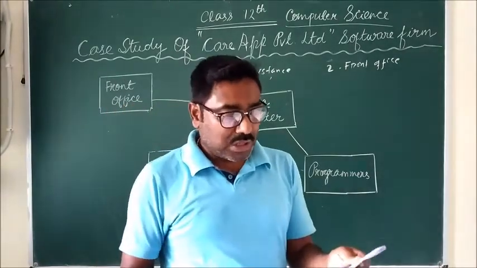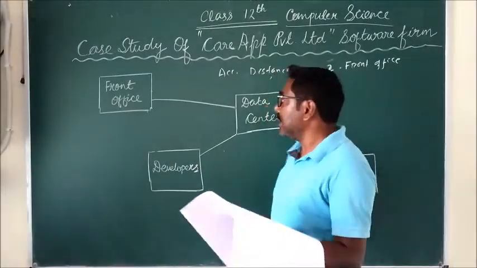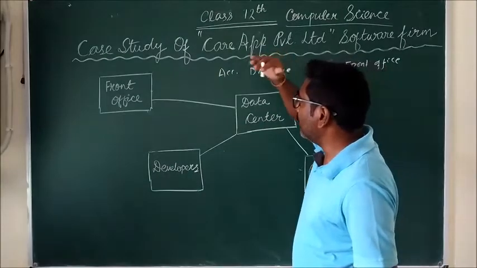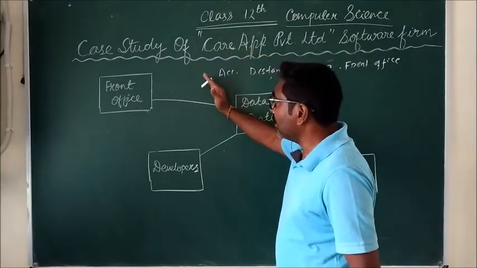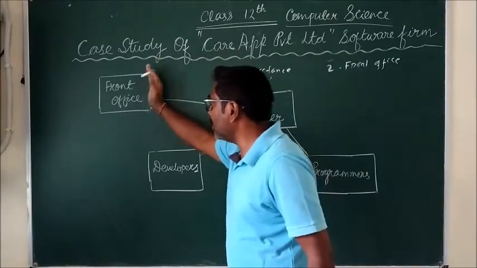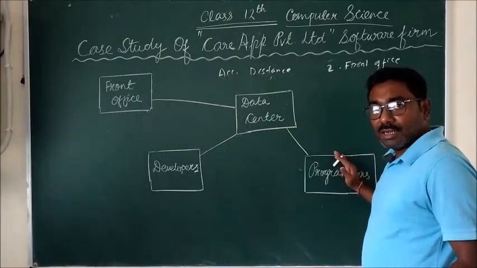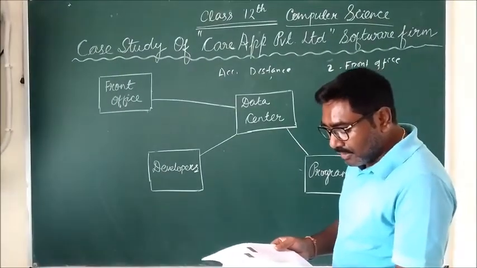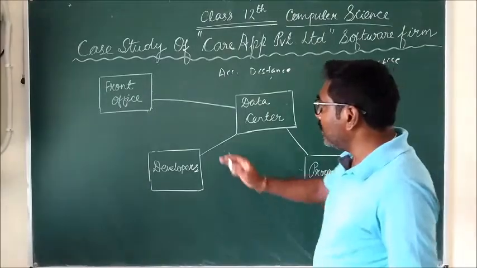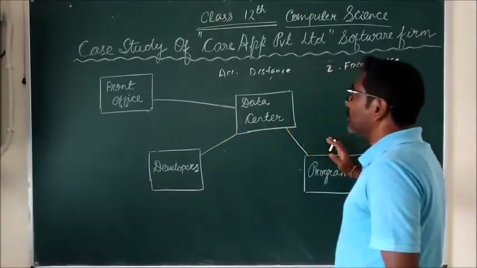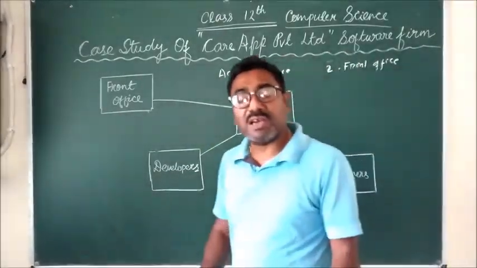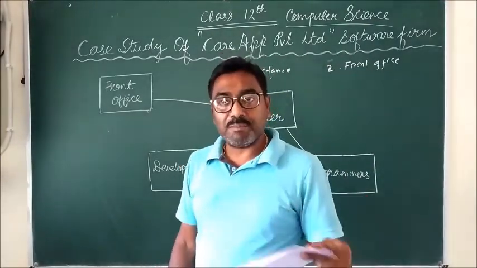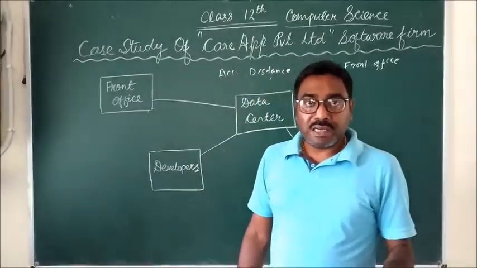Now, in case of connectivity, if you remember the diagram of connectivity according to the number of computers, we have a connection between the front office and the programmer. I think the distance between them is 110 meters. So between the front office and the programmer, we need an amplifier. I need a repeater so that we can amplify the signal; for amplification purposes we need a repeater.